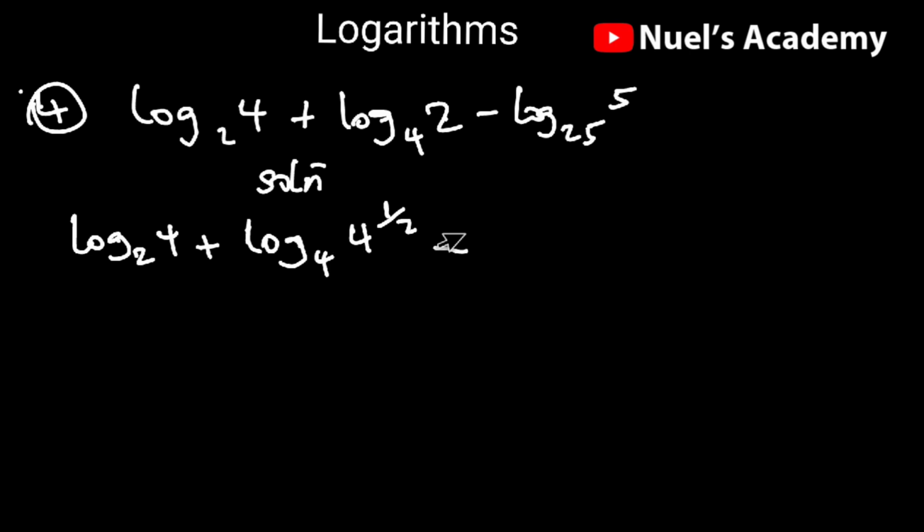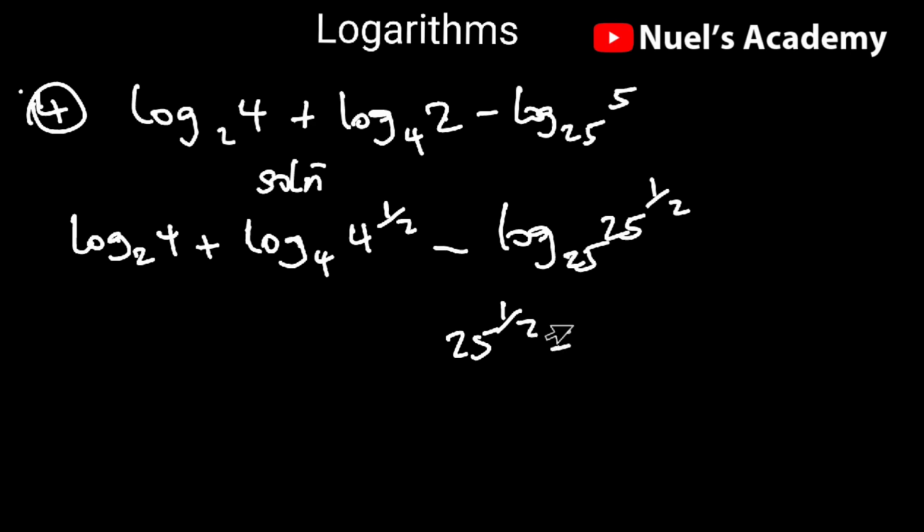And so this one can be written as negative log 25. Now this 5 is the same thing as 25 raised to the power half. Okay, because we know that 25 raised to the power half is the same thing as square root of 25, which is equal to 5. So writing 5 as 25 raised to the power half, you see the same thing. We did not change anything. And so like this, we can now simplify it